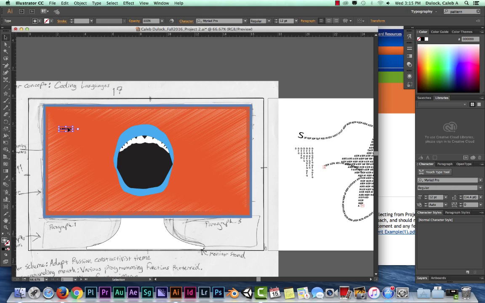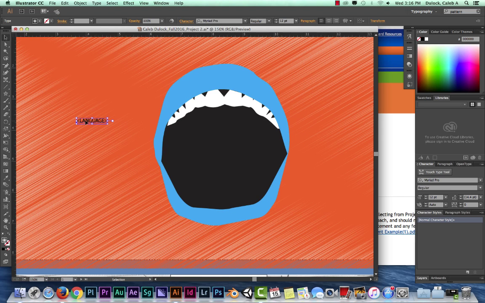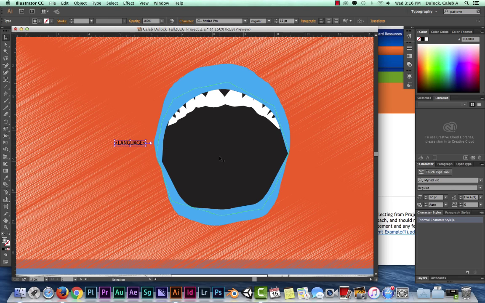So I'm going to get my type box for language repositioned on screen here, because that's our main title. It's supposed to be positioned right here inside this part of the mouth. So we're going to get that rigged. First off, I'm going to have it selected. And we're going to work with the first attribute of working with text, which is just changing its color, which is pretty easy. So select the text you want to change the color of, and then go to your top option bar and change the fill to the color you want. So I'm going to change mine to, let's say, orange,